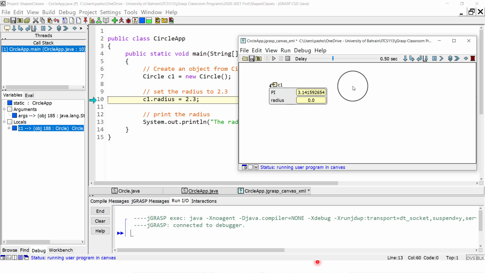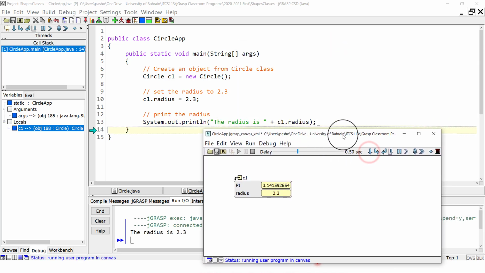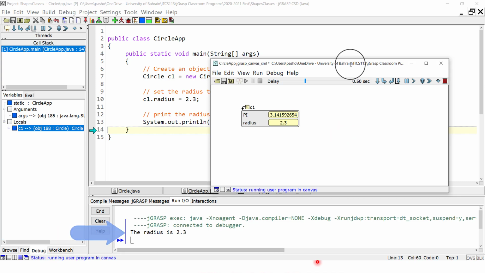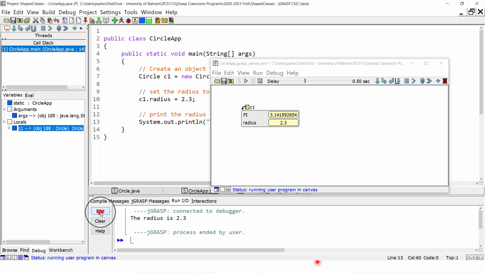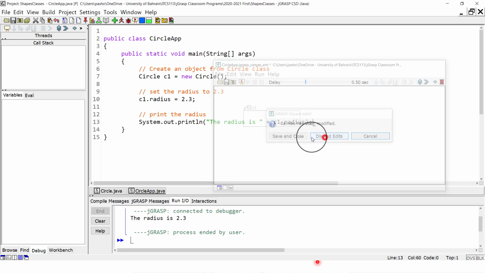Now when you move to the next step, in fact you are changing radius to 2.3. So notice that radius has changed to 2.3, and also when you print radius to the output screen, see, notice here the output screen, we are not changing the value inside, and the object is holding the data during the lifetime of the program. We will stop the canvas,